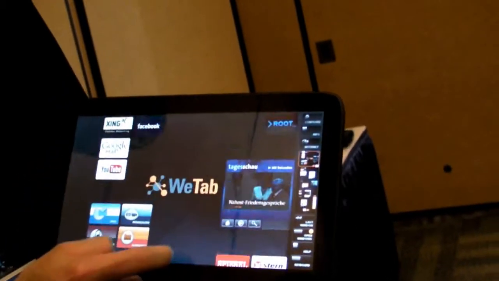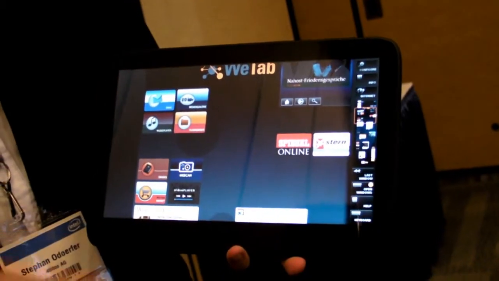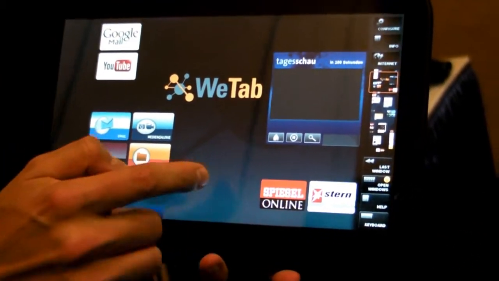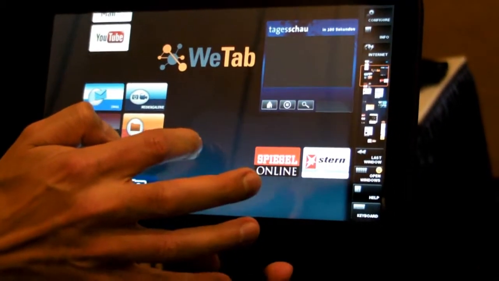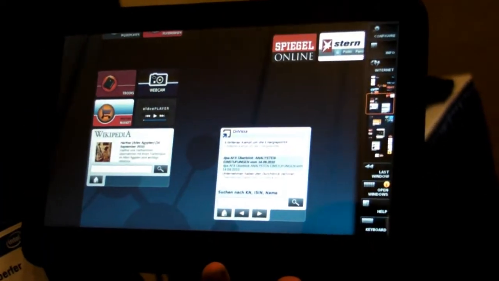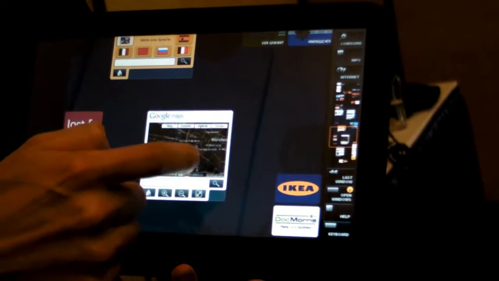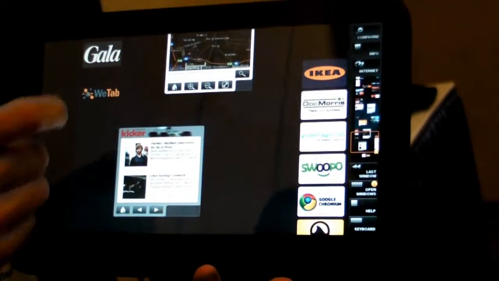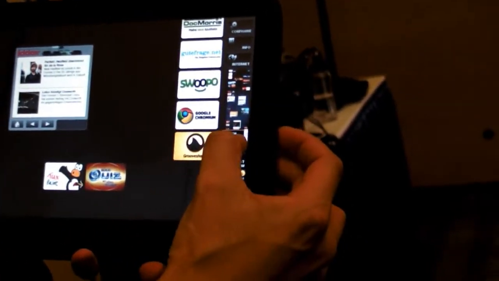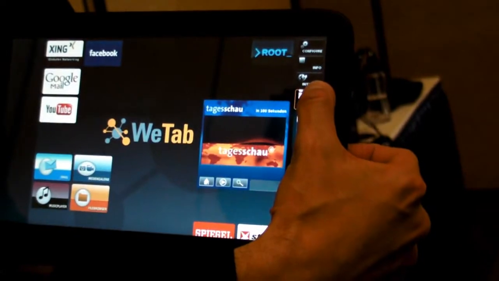So what we see here is the so-called pin board. On the pin board we find all the application starters, or we find, like, having video on the screen here directly, having content directly streamed from RSS or other XML feeds, having Google Maps here, and other stuff. So what is very unique on the WeTab is that we have this thumb navigation here,